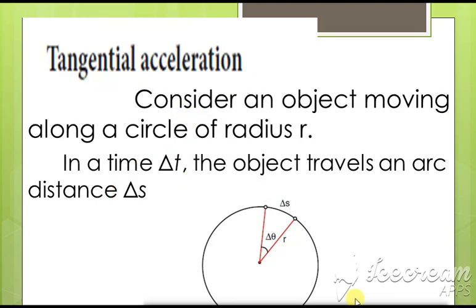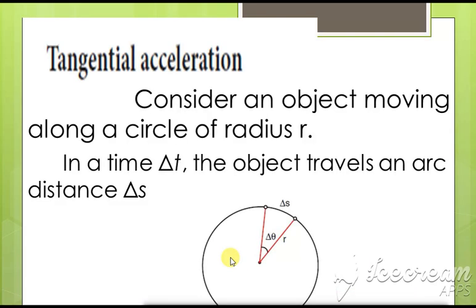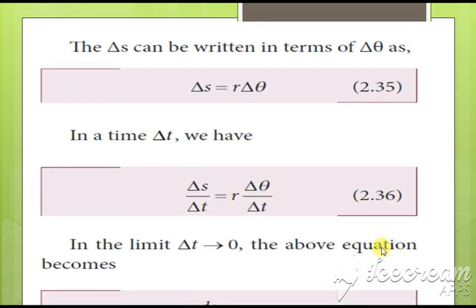Okay, so for considering this, first let us take, as you know from this diagram itself, ds is equal to, so from this diagram what you write, this angle is equal to opposite divided by this, is it not? So we can write this as del theta, which is equal to del s divided by r. And now when you bring this r to this side, we will get del s is equal to r into del theta. So that is the first equation which we are taking in the next step: del s is equal to r into del theta.